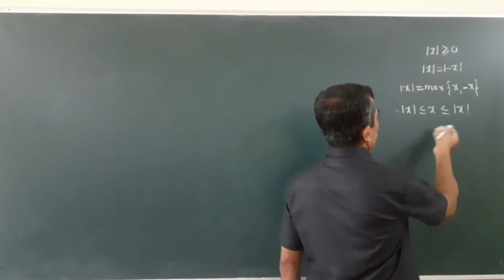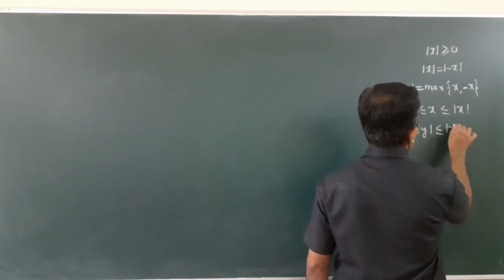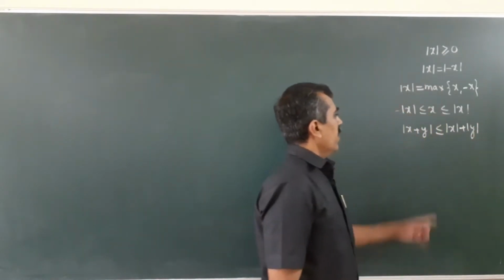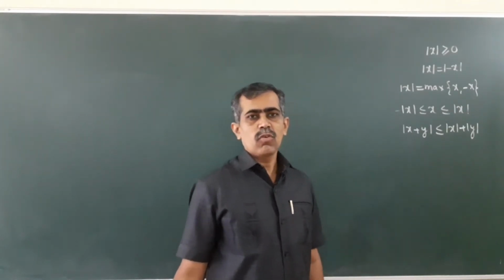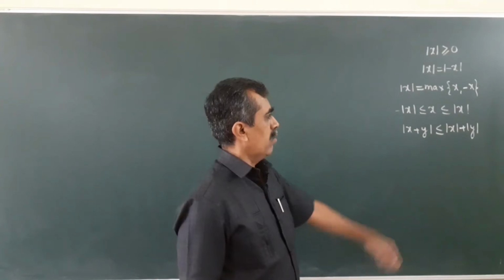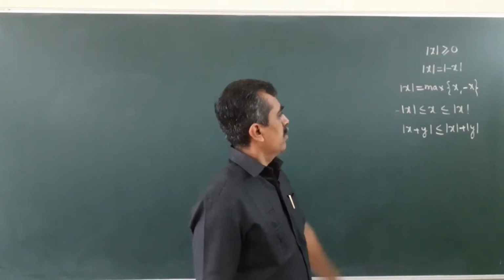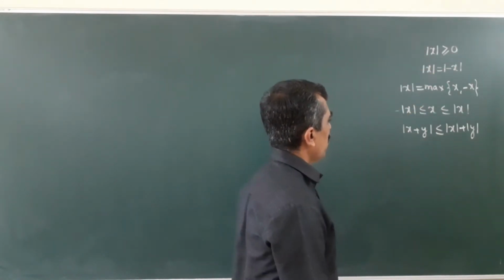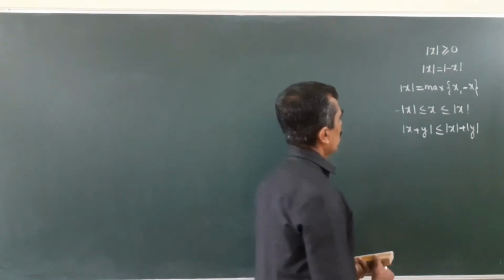Not only that, we have seen mod of x plus y is less than or equal to mod x plus mod y, and this is called the triangle inequality property of real numbers, or the triangle inequality in R. These properties we have seen last time using only the definition of modulus of a real number. Now, let us do some more properties of real numbers